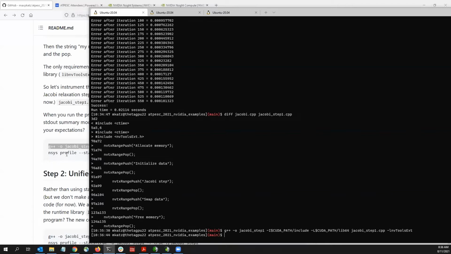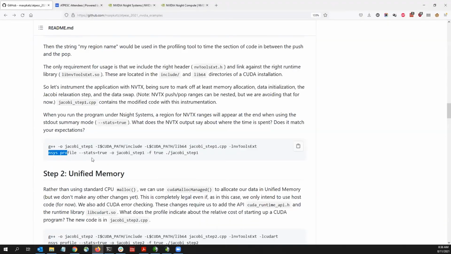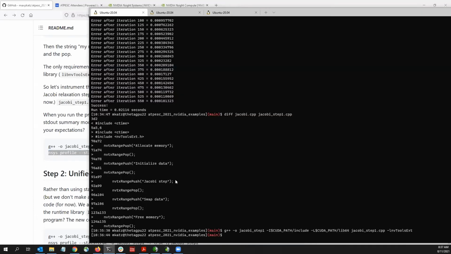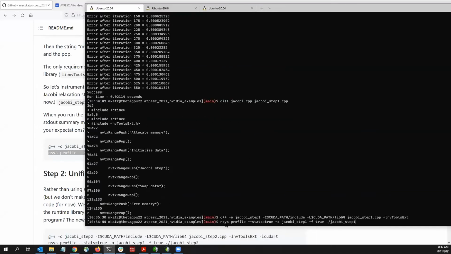Okay, now let's use Nsight Systems to collect the profile of this application. Again, there's no GPU activity yet, right? We're just looking at CPU code. And so all we're trying to do is get a sense of where the time is being spent in the CPU code. So nsys is the name of the command line tool, and then profile is